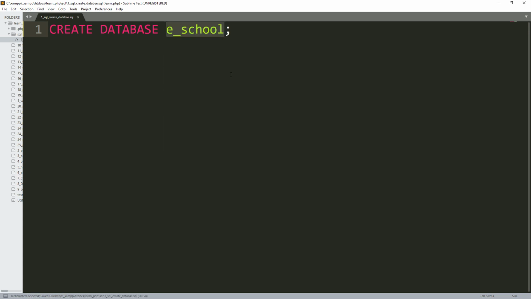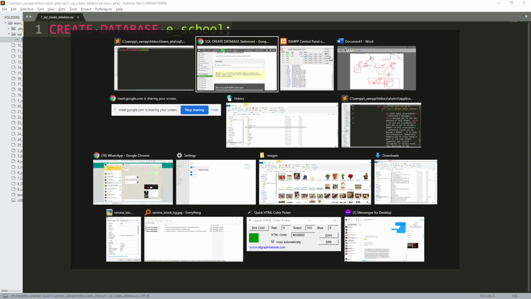If you can see my SQL, the keywords, you can put them in any case. It can be small letters, capital letters, no problem. But it is good practice to put the keywords, for example this is a keyword and this is a keyword, because these are the language. These are the words of SQL, and this is my own word. So the keywords, it's better to keep them in capital letters, and then my own words, I'll keep them in small letters. So I'll have to copy all this